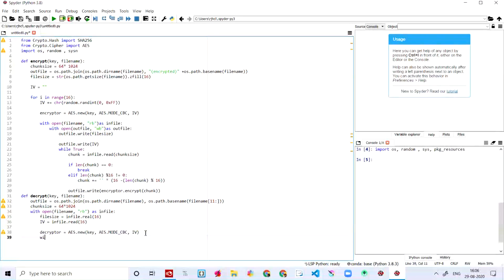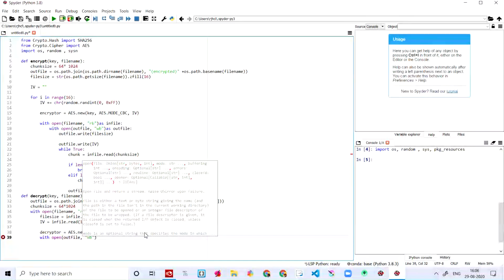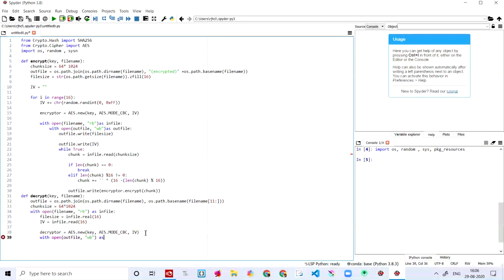And then I'm coming down and saying with open, and when it opens the out file, the output file, so the out file, comma, we are storing it in WB as an output file. So I'm coming out and saying as out file,